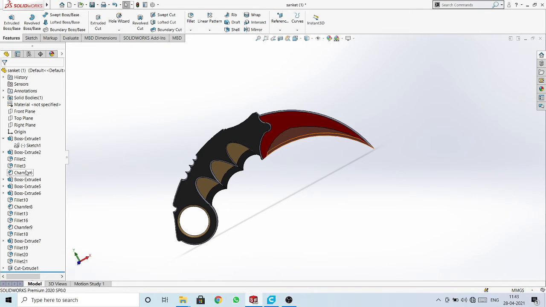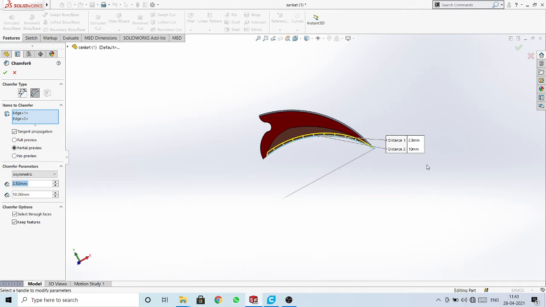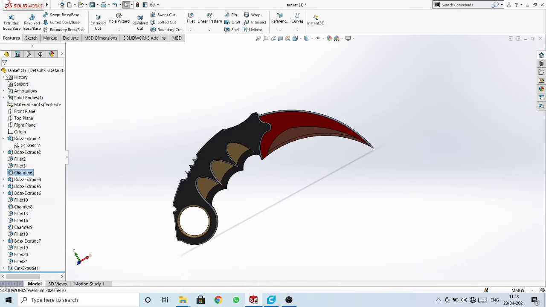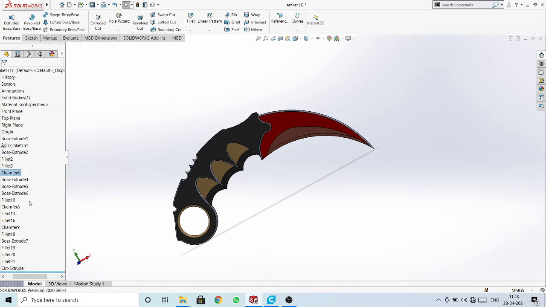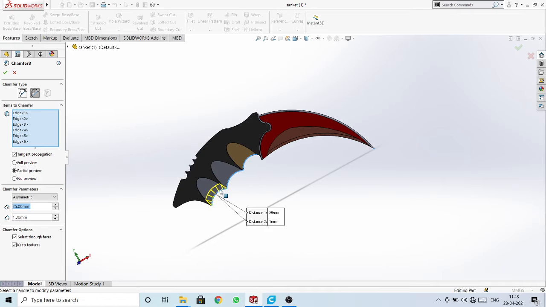Let me show you. You can look at this, like here the distance is different so that there comes some slope. And again, let me show you another chamfer. Like here the finger grooves, it is not directly till the curvature. First I have made another fillet, increased the distance there, and again changed the slope here.